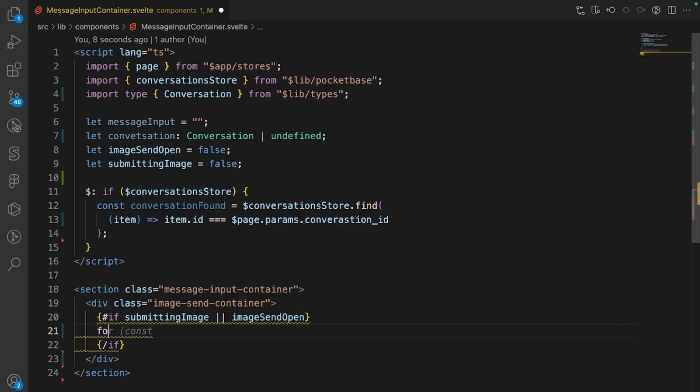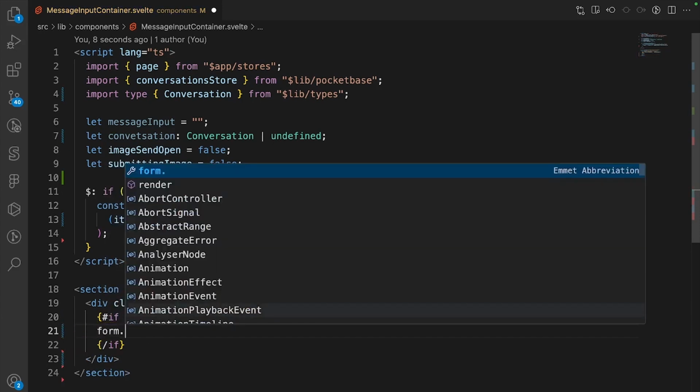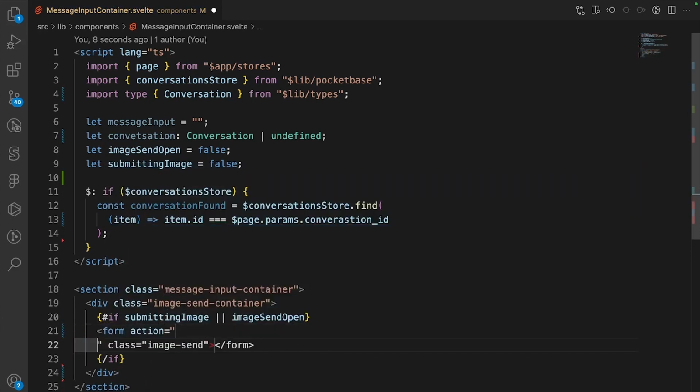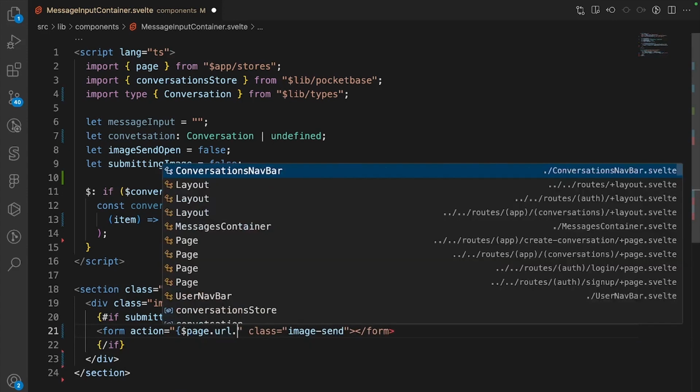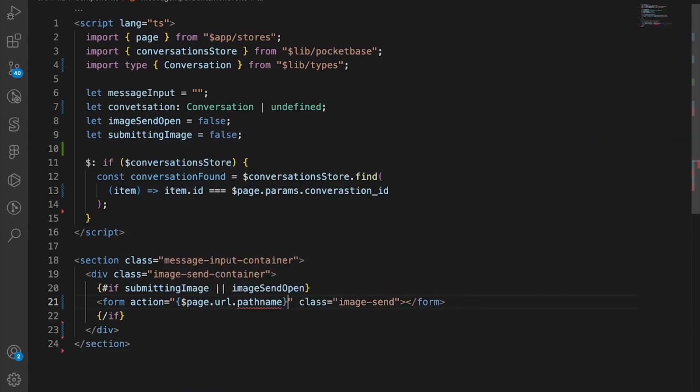So we say form with a class of image-send. It has an action set to $page.url.pathname plus ?/sendImage. All of these form actions we're going to create in the next video. So here the method is going to be post,